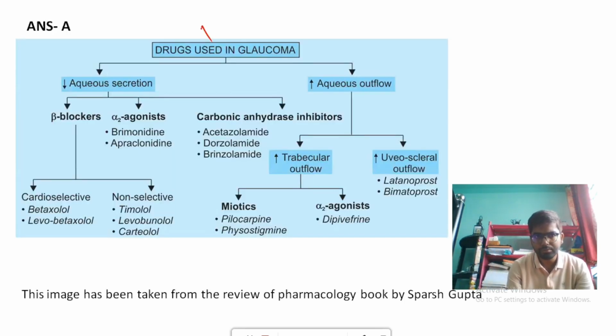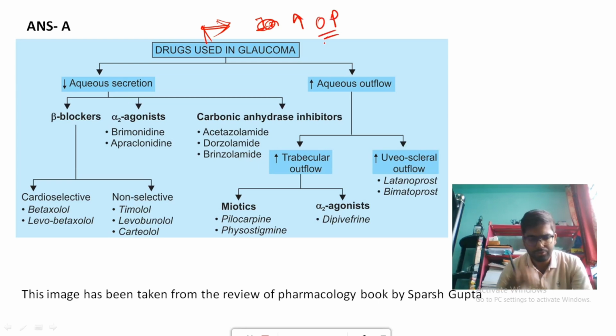See, what is glaucoma? Learn some points about glaucoma, okay. So in this video I am not discussing only the answers, I am also explaining the answers, okay. That is very, very important for your exam purpose. See, what is glaucoma? Glaucoma is the increased amount of